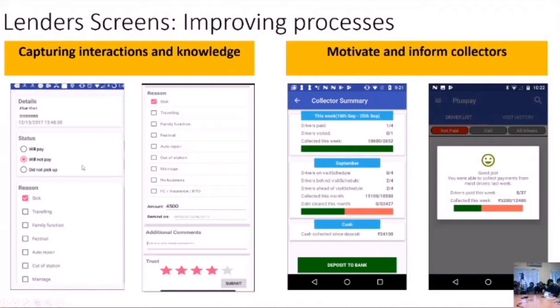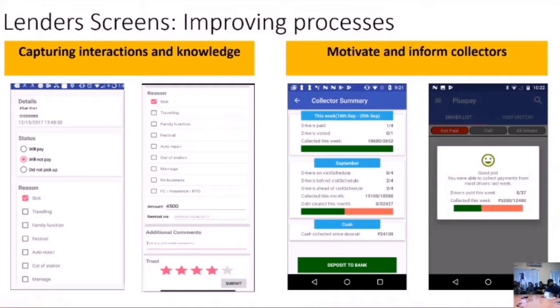We also log call data through a call record. So we've got reasons for won't pay, you know, sick, traveling. These are the common reasons that the collectors gave us. And we've got a star system, which is how likely the collector believes it. In this case, the collector really probably believes this guy really is sick.